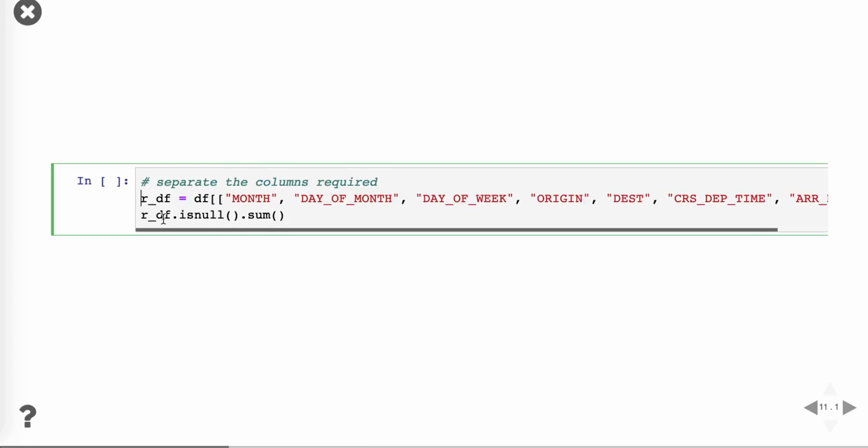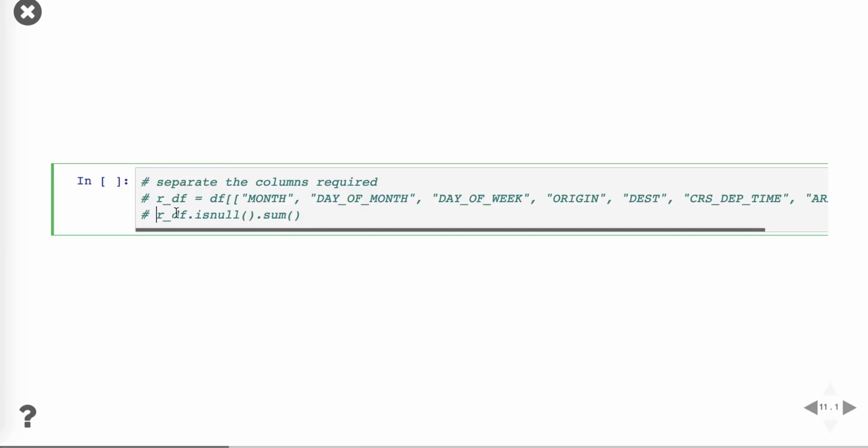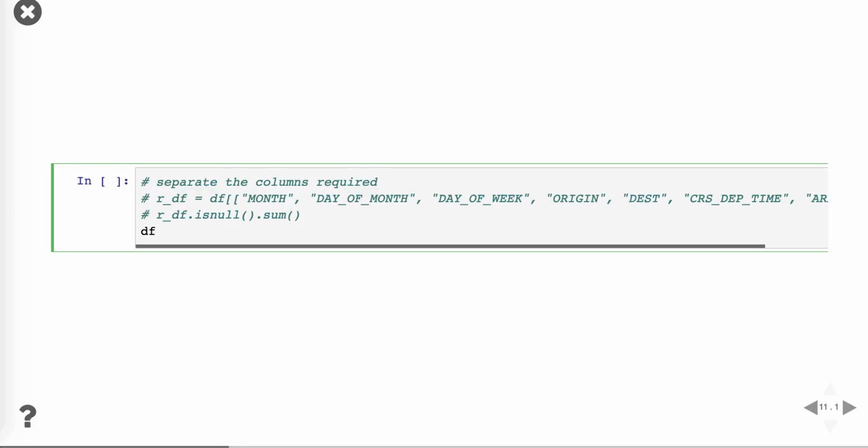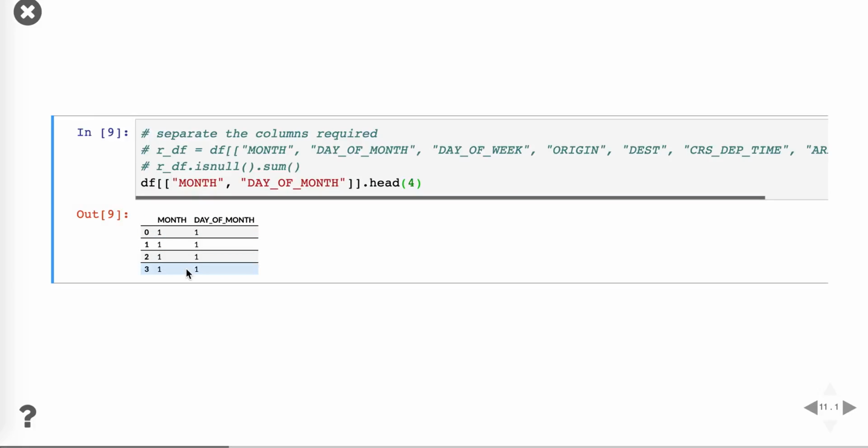Let me show how exactly that works. If I give just df of like this one, and let me just give head, I just want to display 4 rows. You can see that, right? It is just giving me the month and the day of month. Similarly, in the above one I wanted all these columns, so that's why I gave the entire list over here.